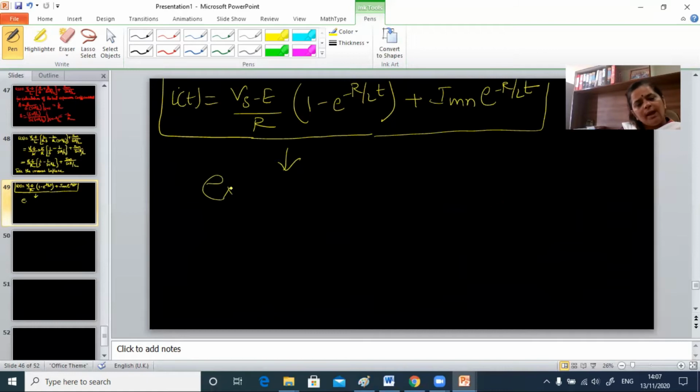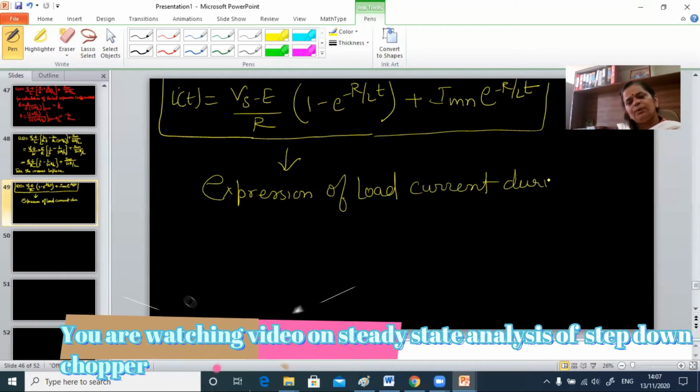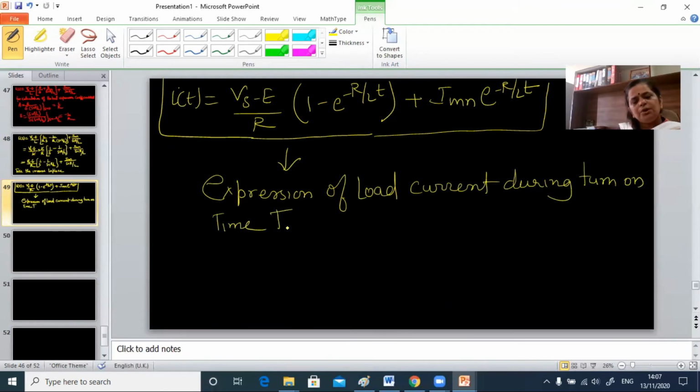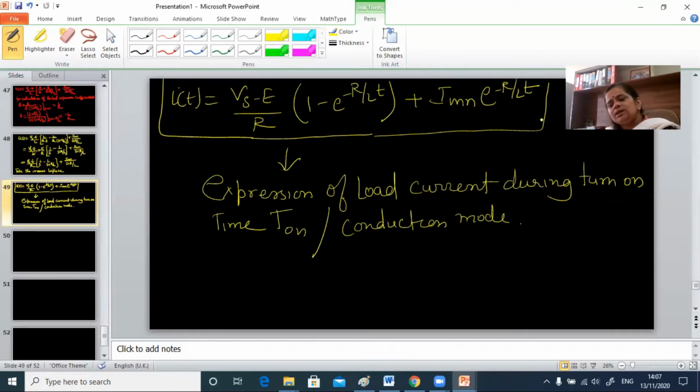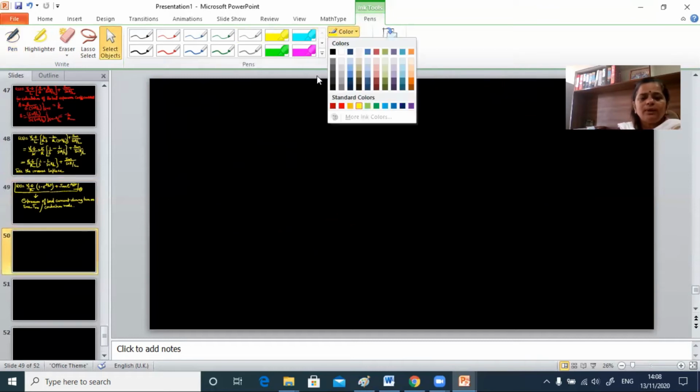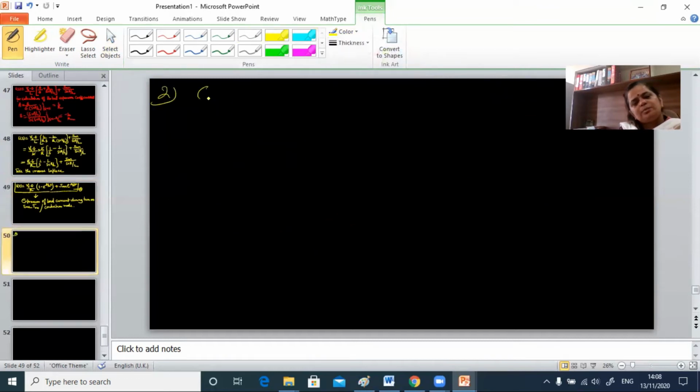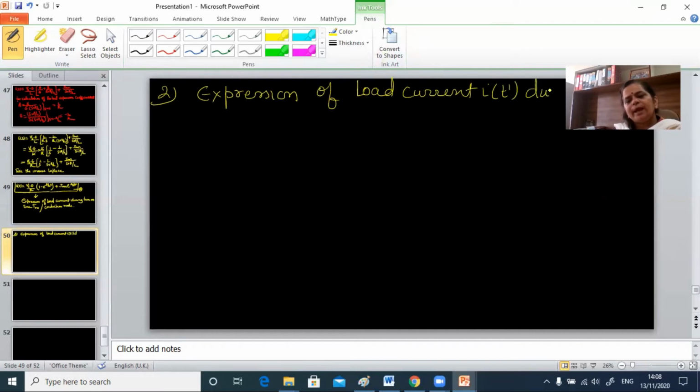इसी को हम बोलते हैं expression of load current during turn on time, TON, or you can say during conduction mode. Agree? So first parameter we have calculated. Let this equation be marked as equation number 2. Okay. Now the second thing we want to calculate, that is expression of load current IT dash during turn off